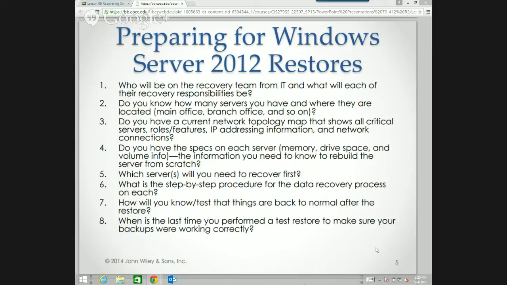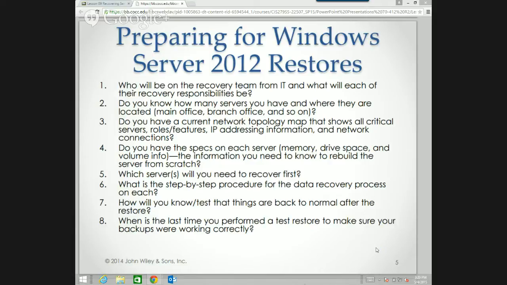The image is an exact copy of everything that's on that server at a moment in time. So we could always restore it that way, but if we just need to restore one or two files, or even one volume of many, do we have to do a bare metal restore? And the answer is no.